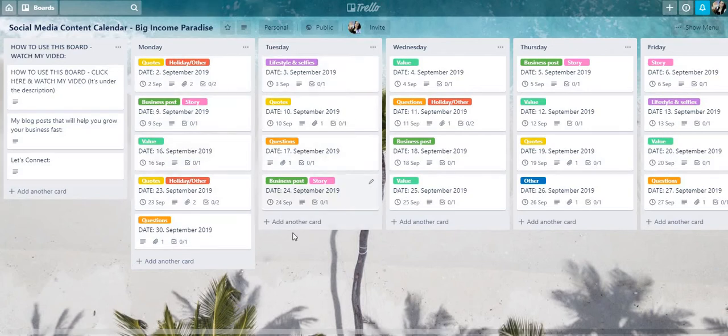This is a content calendar. Yes, it is for September, but you can use it in November, December, in 2020, in June if you want to. Whenever you get this, you can just change the dates here, okay? And you can use it. So yes, it is for 1 month, okay? And I did put content in already. So you can use it for 1 month, then you're gonna have to change the content because